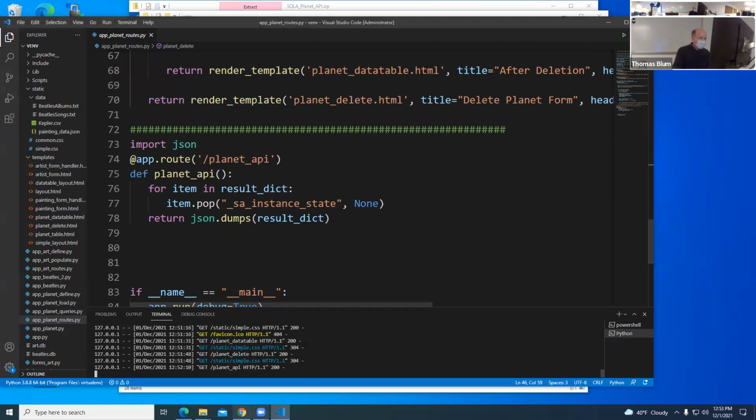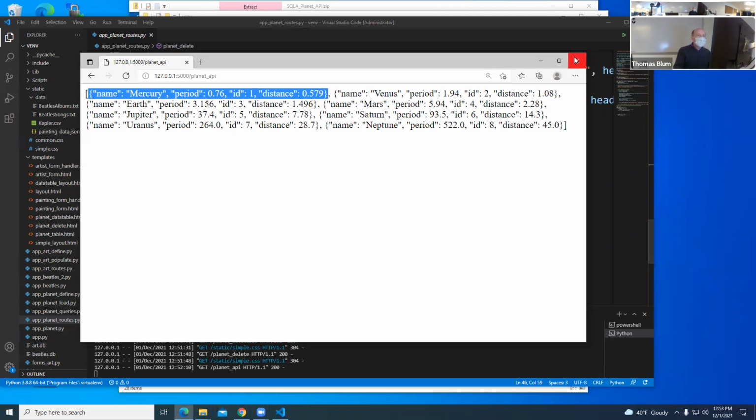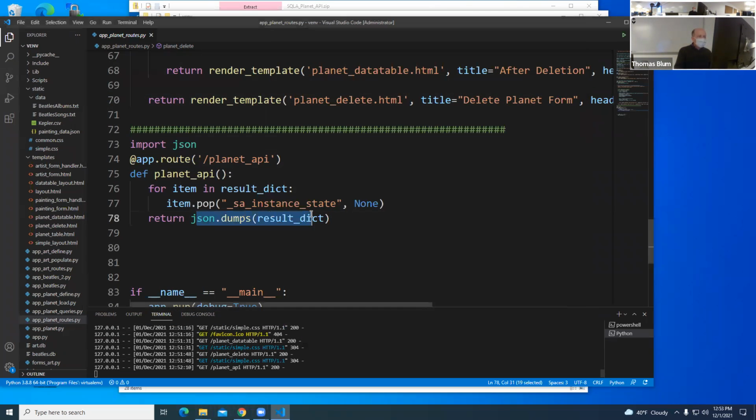And we've done this before, this JSON dumps. And instead of making a page with HTML, I don't want HTML, I just want JSON. So this is way back to the first thing in Flask, where you just return some information and slap it on the page. We're not putting it into HTML and then using any kind of Jinja. It's just right onto the route. Return something to the route, and in this case, it's JSON.